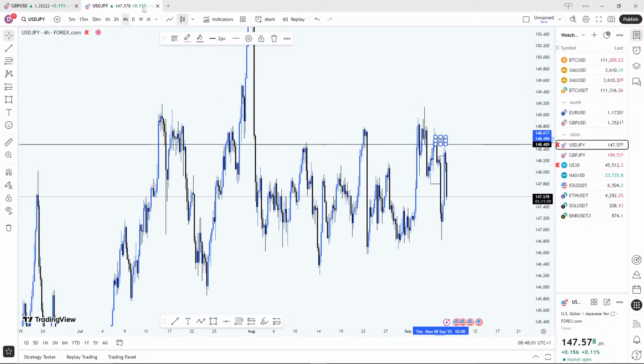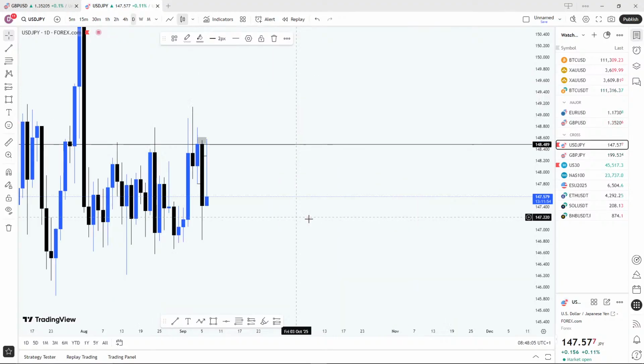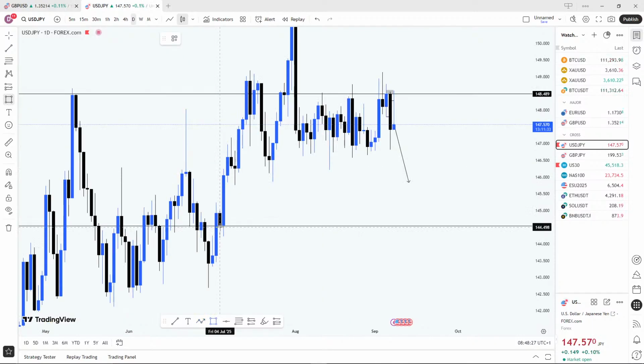If you watch on the daily time frame, there is rejection from this very zone. It's currently rejecting from this daily order block. So the rejection is pretty much there. Throughout the day, I'm going to expect this drop to happen. If you decide to go down and you decide to sell, this is the only order block zone that a buy can happen from. This is the zone it can sell to before a buy can happen.